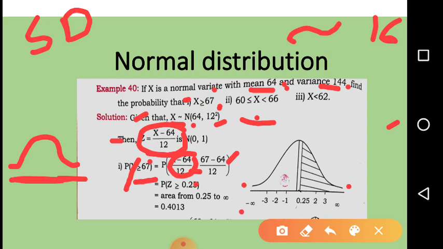Then draw a line in between like this. You will draw a line. Yes. Then here 0 you write. Then here minus 1, minus 2, minus 3. Here plus 1, plus 2, plus 3. So your answer what you have got is 0.25. So 0.25, plus will come this side. So 0.25 it will come here. See, I have marked here 0.25. Then draw a line. Then shade.